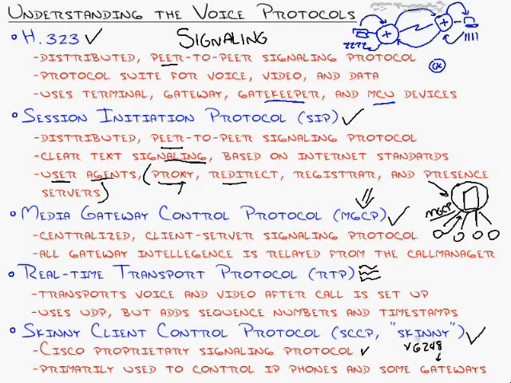Now you can use other protocols like MGCP, like SIP, to control IP phones, but you're only going to get a limited feature set because, well, I'll get into this much more later. But SIP and MGCP don't have all the tweaks, the industry standard methods to control all the features of a Cisco IP phone. I'll leave it at that. More on that later as well in the SIP and Skinny specific nuggets. The last one I want to mention is RTP. This is the sound of your voice.